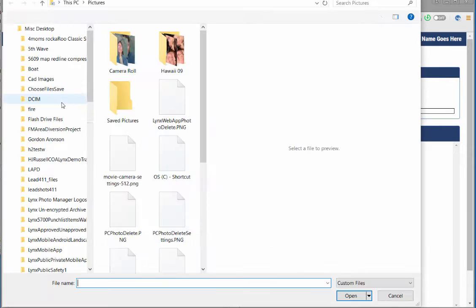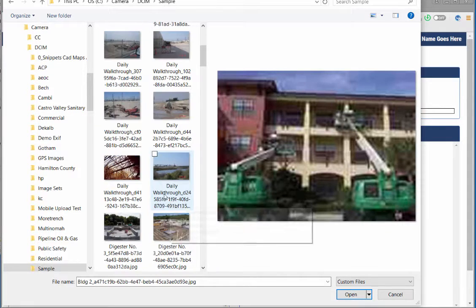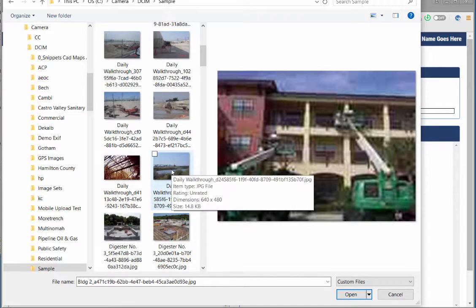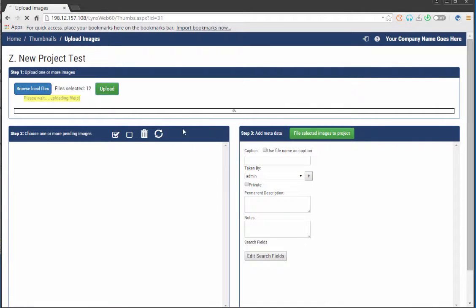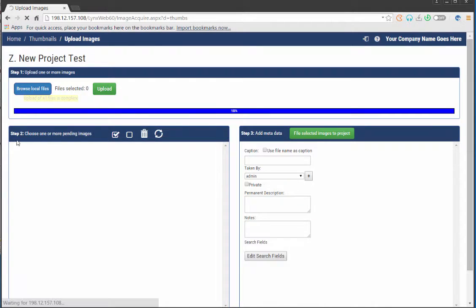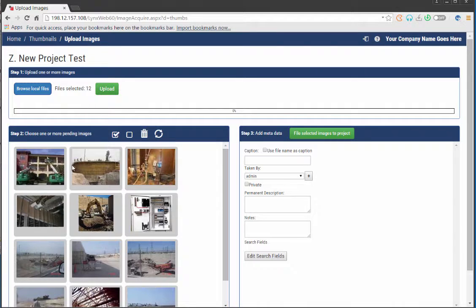So I'm going to browse my local files. Next, I'm going to go ahead and select all of the images that I want to upload right now. So I'm just going to pick a whole range of them, click Open, and Upload. It'll say please wait uploading, and if you look down in the lower left, it'll show you the progress. Once that's done, the 100% bar will go across, and now you'll notice a big difference. You'll see the thumbnails now, the images that you uploaded in the system,